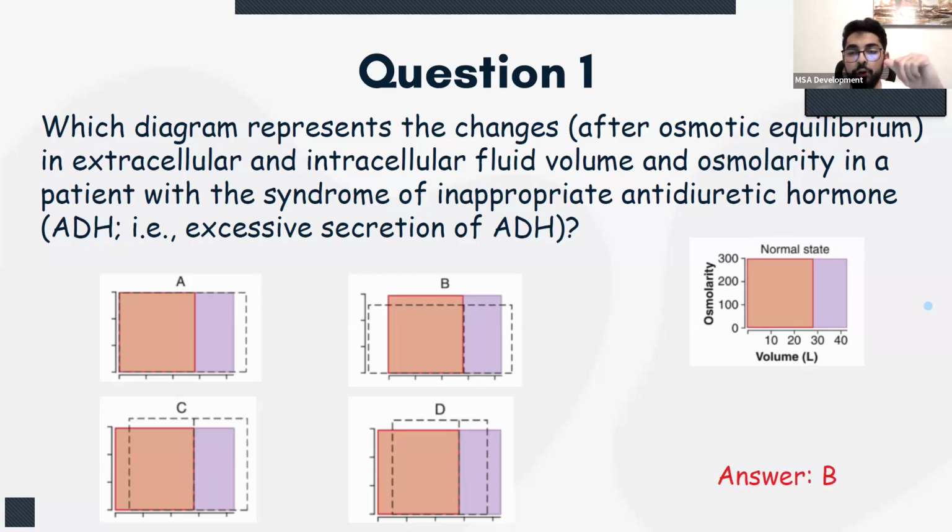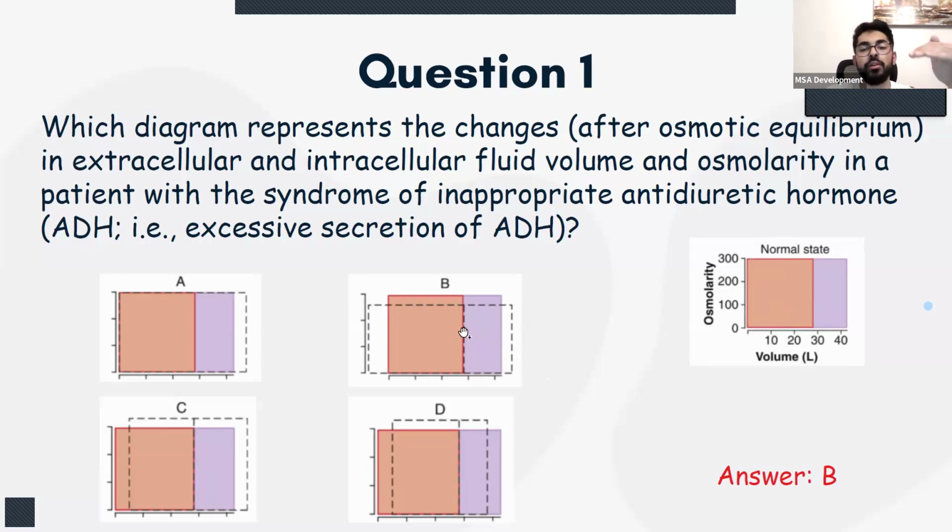Okay, going back to the hypoosmotic volume expansion. This is the normal state. So in this case, you're gonna have an increase in volume of the ECF. So it's going to go wider. The ECF is going to go wider, and it's hypoosmotic, so it's going to go lower. You can basically just solve the question based on what I said right now,